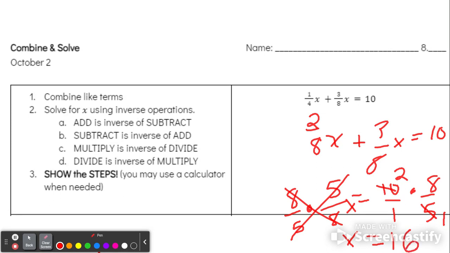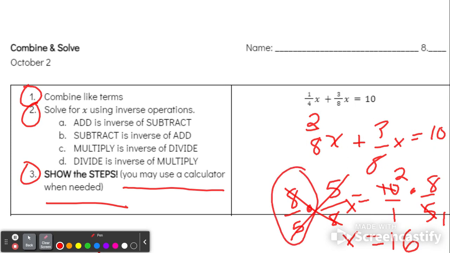the whole number. Okay, so notice here that it says you're going to combine like terms, then use the additive inverse, right? Or use your inverse operations, adding to subtract, to add, multiply, divide to multiply, showing that one step. You need to show your steps. Yes, you may use a calculator or a multiplication chart to help you out, but you need to show the